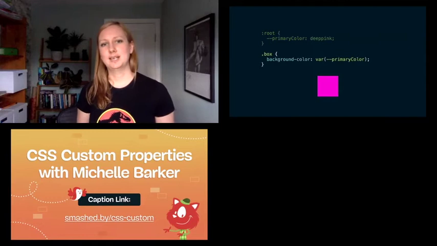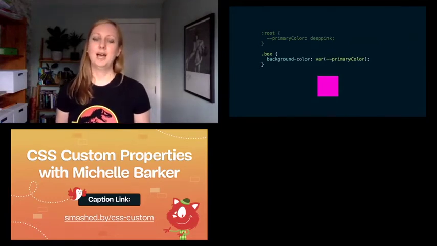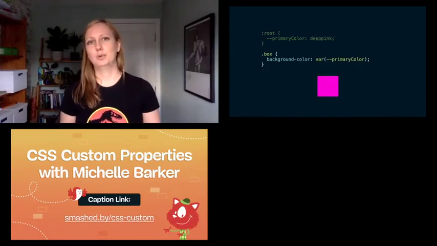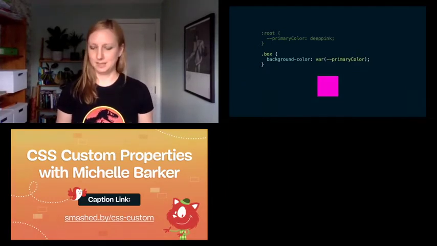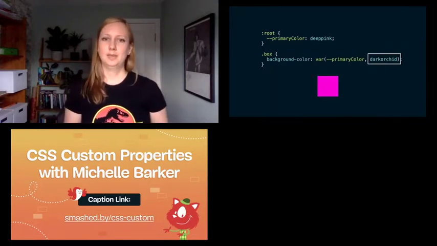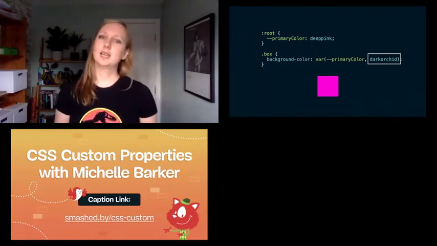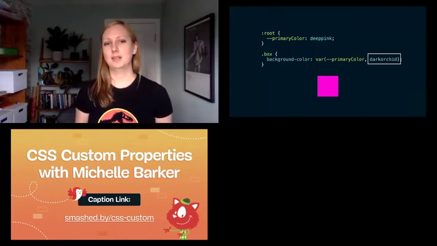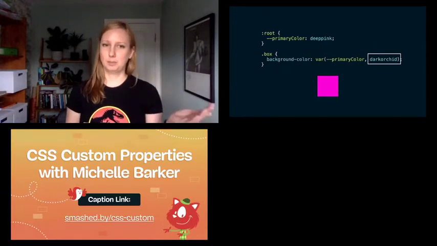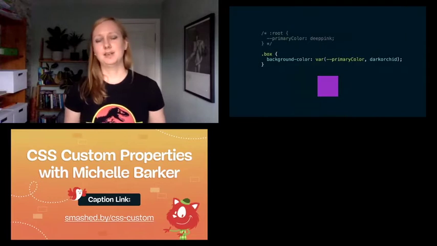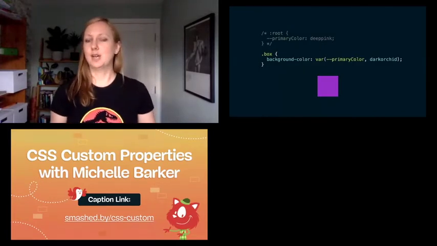And then we can use that custom property inside a selector to apply our predefined value as the background color of this square, say, or anywhere else we might want to use it. We can also provide a default value if we choose to, in case there's a possibility that we're using a custom property before it's been defined. So if we've previously defined the custom property like we are doing above, then our box is going to be deep pink. But if we haven't defined it yet, then it's going to fall back to dark orchid as the